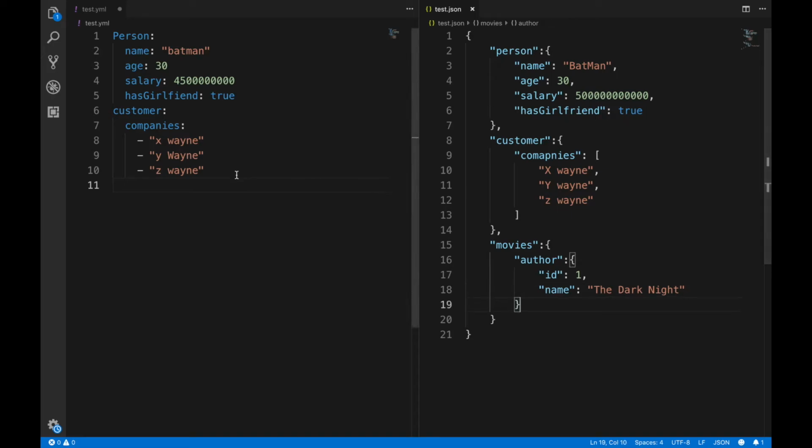So now how will we write this in the YAML file? We'll add the parent value, sorry, parent key. We will add a colon, enter, tab, then author, colon, then tab, again tab, and now we have to write ID, value 1. As you can see, if I'm not putting any space between the colon and 1, it is not understanding what exactly the key and value are. So we have to maintain at least one space. Now again there is name and The Dark Knight.